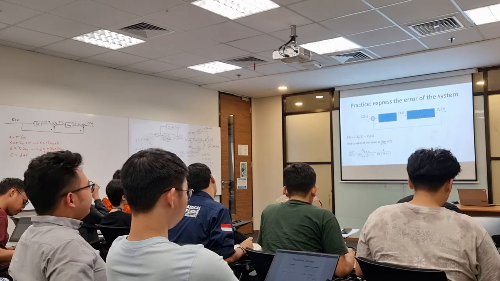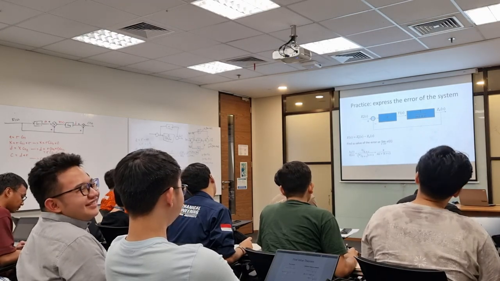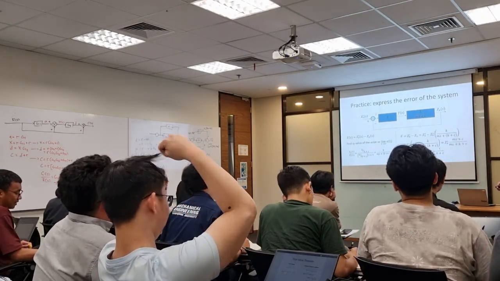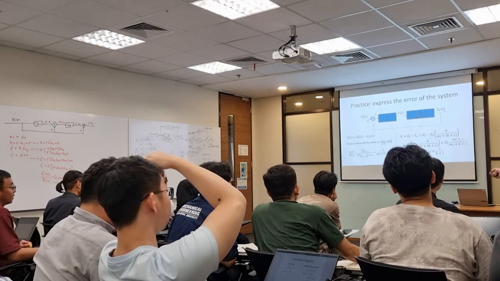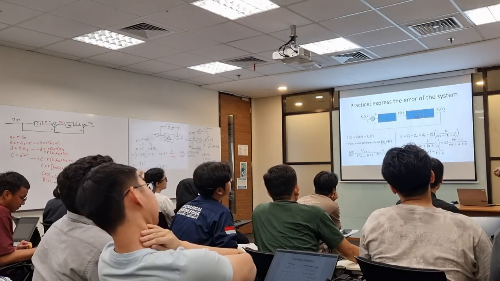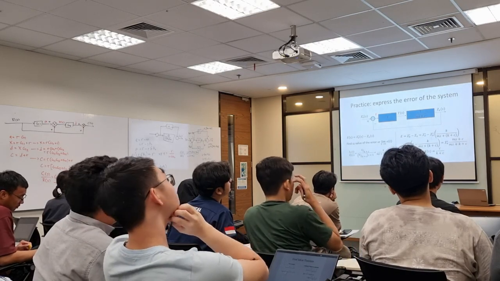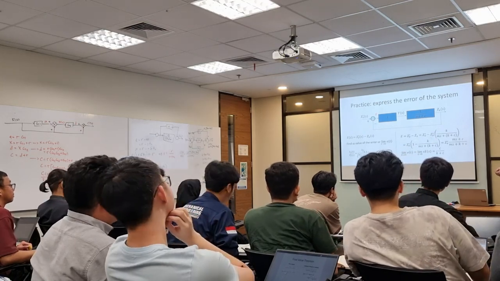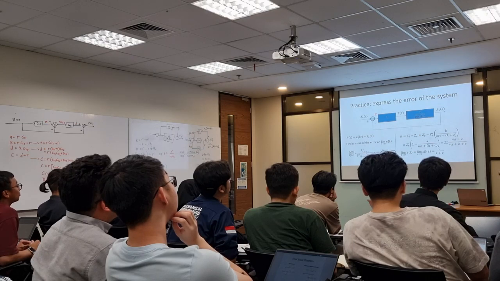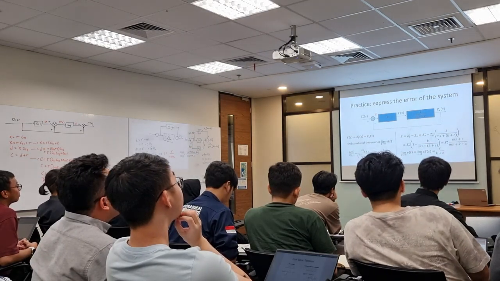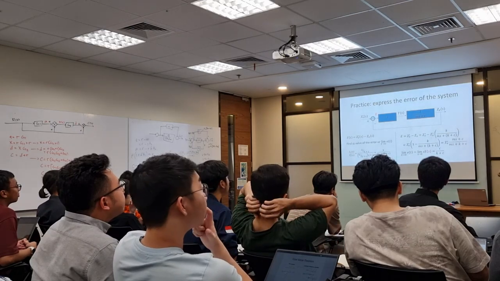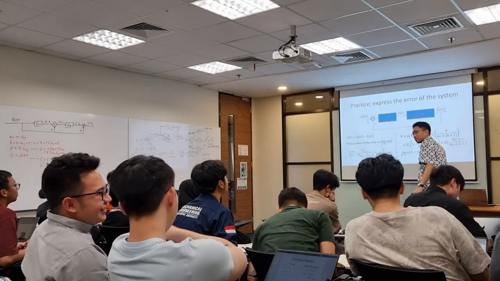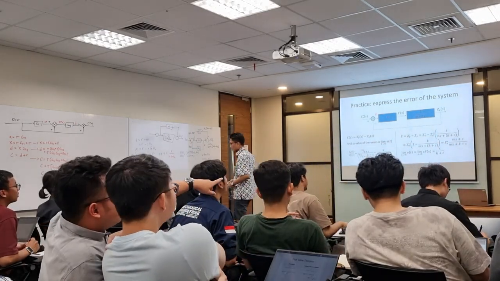Yeah, the time is up. Let us see the answer. Yeah, let's check the answer. So you need to get the expression of E first. In S domain, get the expression of E. Yeah, it's like this. Nathan, up to this point you are correct. But then we need to get the steady state value of the error. So we use the final value theorem of the error, which is this. Can anyone follow? Why can I see over here plus C?